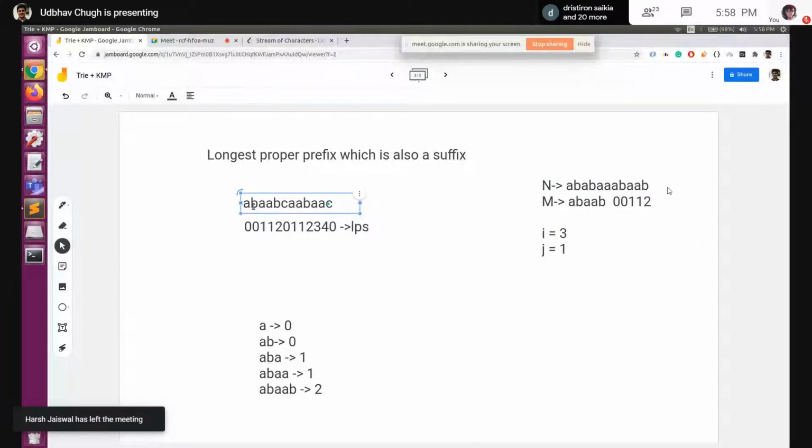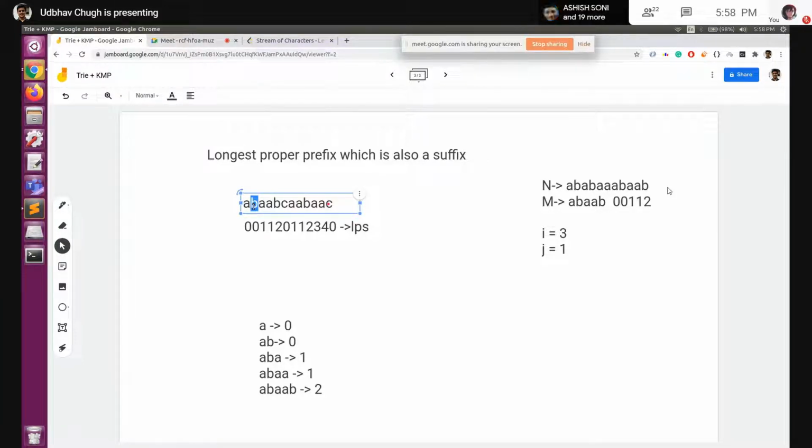So here q is at A and i is at B, because when we are looking at the string AB, we need to check if B is equal to A or not, right? So i would be at position B and q would be at position 0.